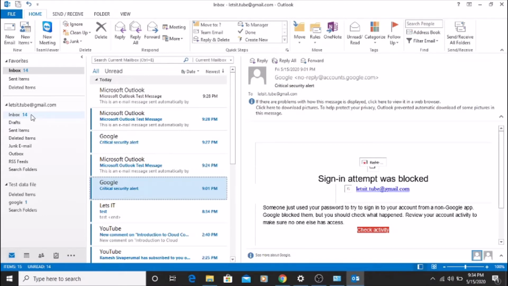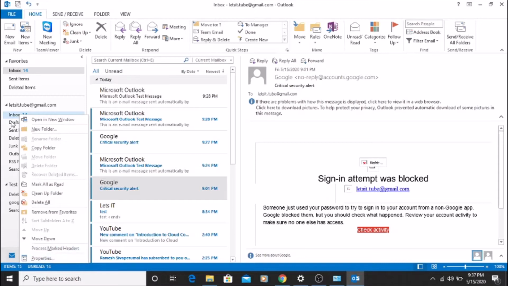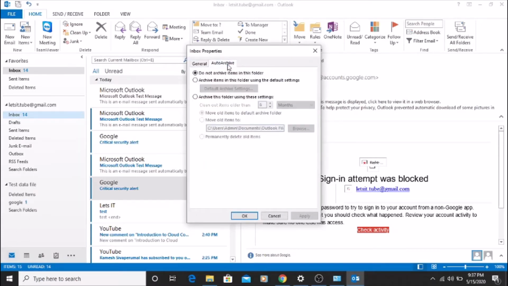It will not delete the mail from the mail server, but from your local copy it will just move it to the other folder. So if it is a POP3, an IMAP or an Office 365 account, yes, it will move that mail from your mail server to the local PST folder after so many days. So you have your global archiving rules, as well as you can set your own archiving rules for each folder. For any of the folders, you can just right click on that folder, go to properties and click on auto archive.